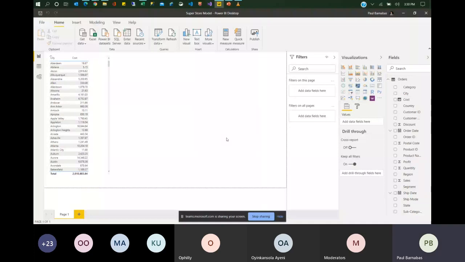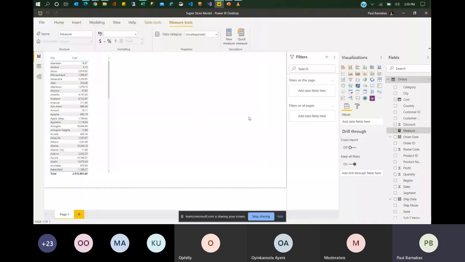So once we do that, there will be a formula bar appearing on top here. So here we can write our DAX function and specify what it is we want to achieve. So the name of the measure will be total sales, which is equals to, so we are introducing another function, the first function called sum.